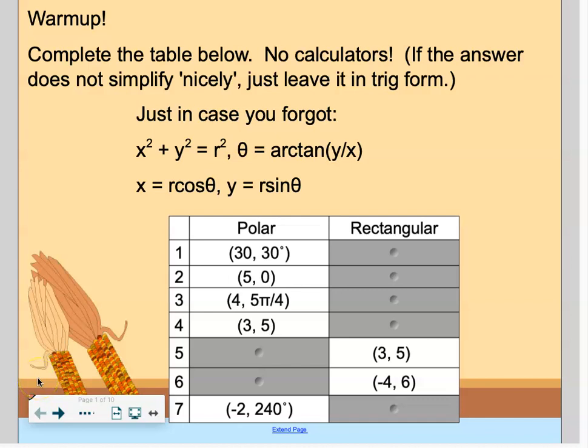Rectangular. So remember, when you're writing in polar, the first... Oh, I'm still frozen. Oh, you guys have been watching all of this with nothing because it's been frozen. Okay, so